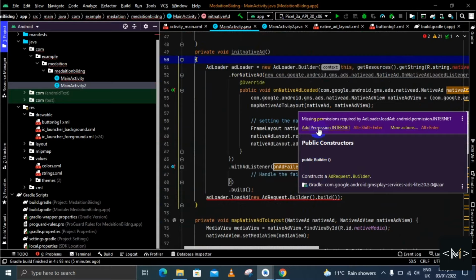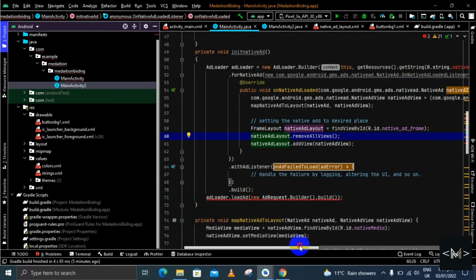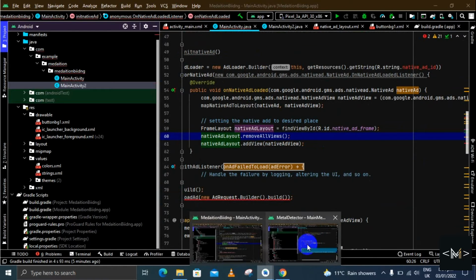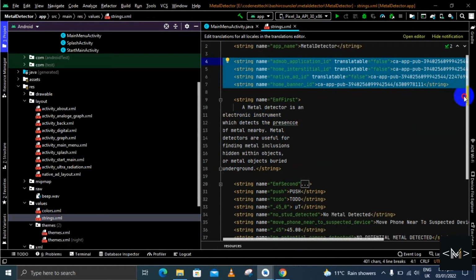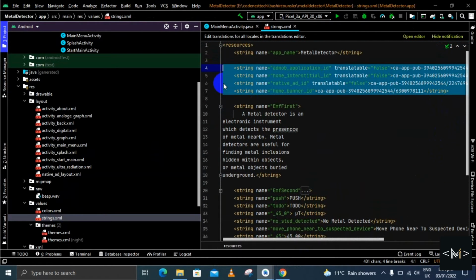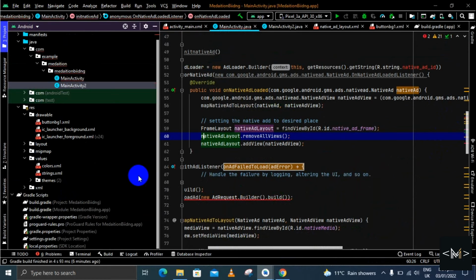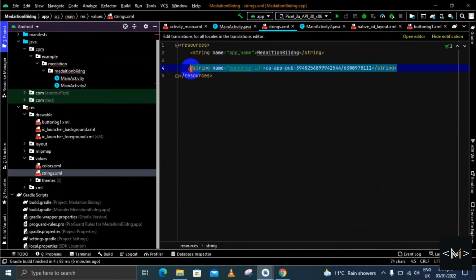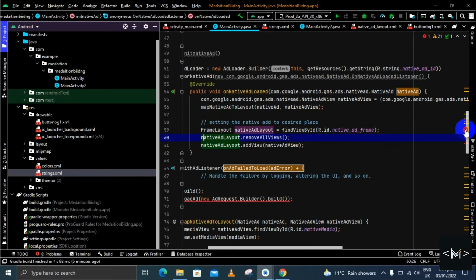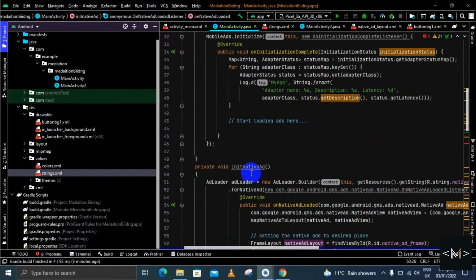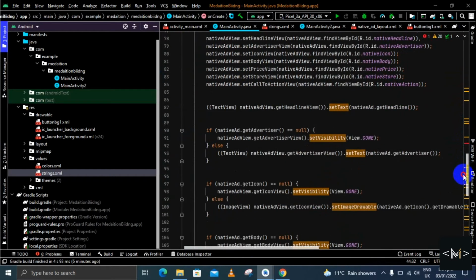It requires internet permission, and that is already in my app. Also we have to do something in the strings. In the strings I am going to copy these lines, because they are the testing IDs. Okay, Control V, and this is the native ad ID, and I will call this native method here. So it's got completed. See,